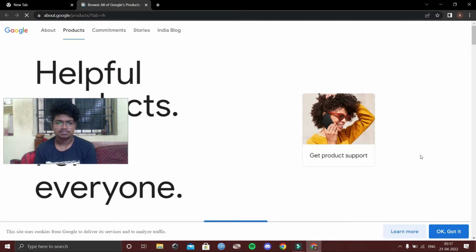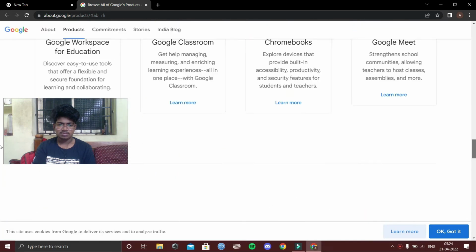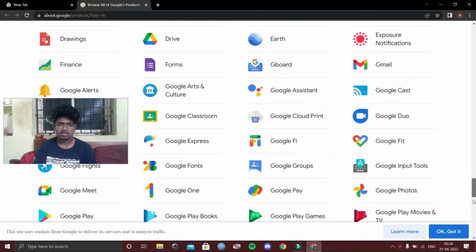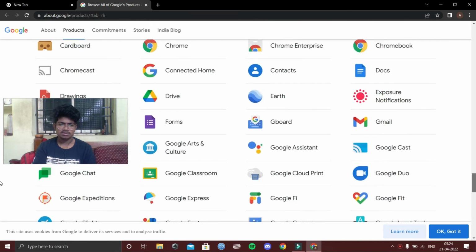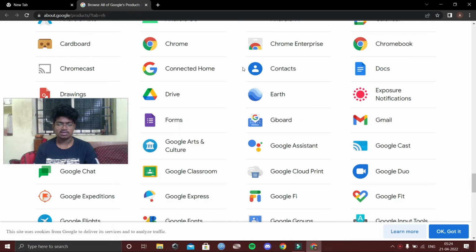If you click over it, these are the more from Google apps. And if you scroll down, you can see Google products. These are the Google products which are available in Google Chrome. For example, Google Auto, Google Android OS, Android TV, Calendar, Cardboard, Chrome, Chrome Enterprise, Chromebook, Chromecast, Connected Home,